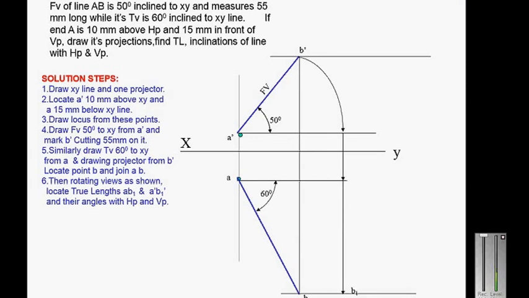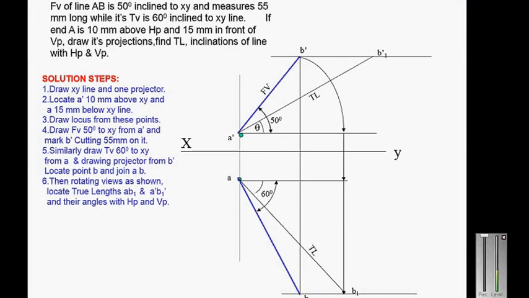You will get the point B1. Join A1, join AB1; that is called the true length, and that angle is phi. So take AB1 in the compass and, with center A dash, cut the locus line. You will get the front true length in A dash B1 dash, and that angle will be theta. So this is the true length. This angle is theta, and the bottom angle AB1 is phi, because this is the true length.